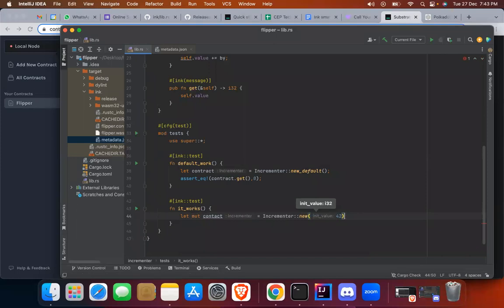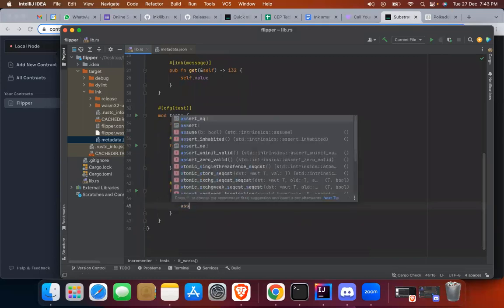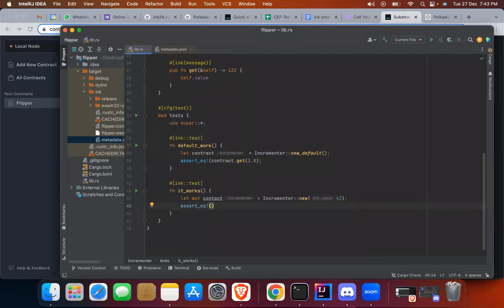We set the value to be 42 and then check contract.get, should be 42,